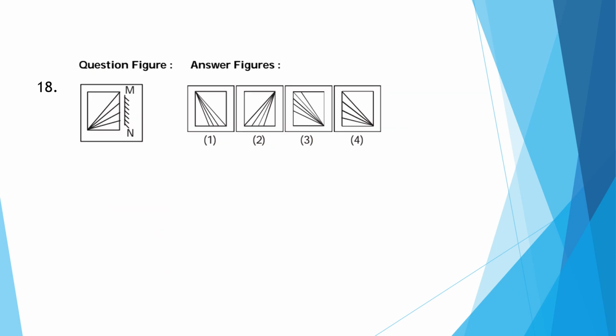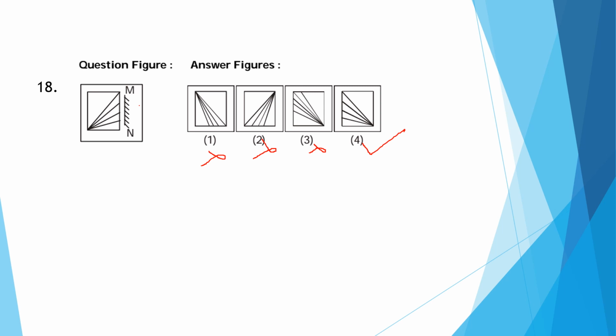Next, question diagram. Then find the mirror image of this. So observe first one, changing this diagram up and down. So this is not a correct answer. And the second one also not a correct answer. Just third one. Here how many lines? 1, 2, 3, 4 lines. Here 1, 2, 3, 4, 5 lines. So this one also correct and wrong option. So the answer is 4.